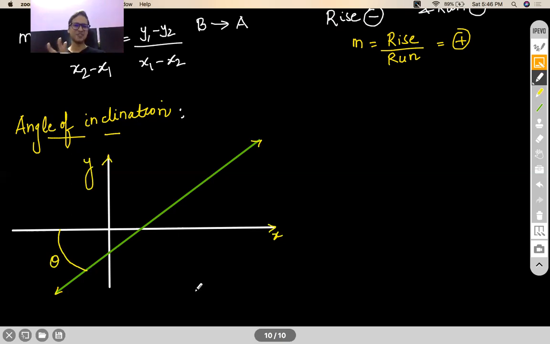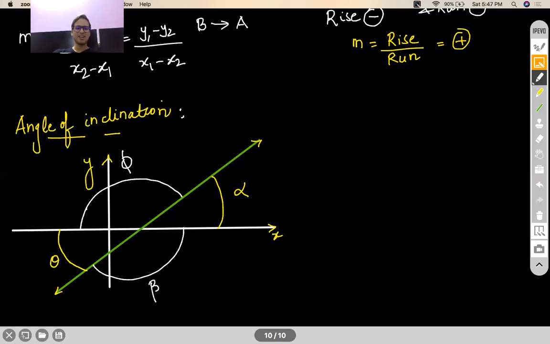Okay, let me do one thing. Let me show you a few things here. Theta, let me write here as, let's say I write this as phi, and let me write this as alpha. Tell me which of the following gives you, or okay, let me do something slightly more weird. Let me call it beta. Which of the four gives you the angle of inclination?